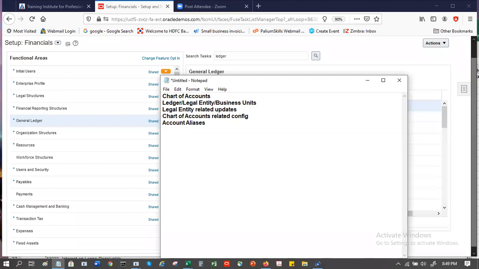Then account hierarchy, account combination. The concepts remain the same as it was in R12. Are you guys okay with this, or do we want to go in and do each one of them?